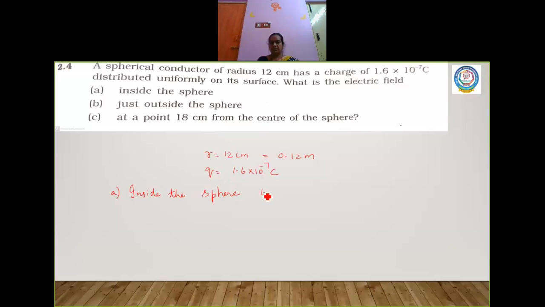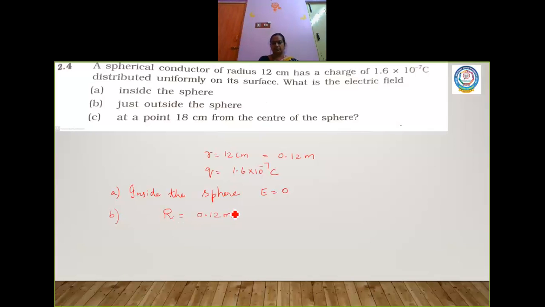Inside the sphere, electric field is 0, because the charge will be only on the outer surface of the spherical conductor. So charges inside will not be there. So electric field is 0. So the first answer is ready. Now the second one is just outside the sphere. Outside the sphere means on the surface of the sphere, R will be